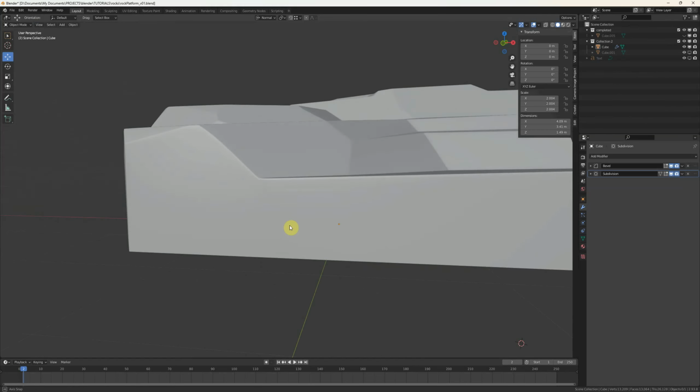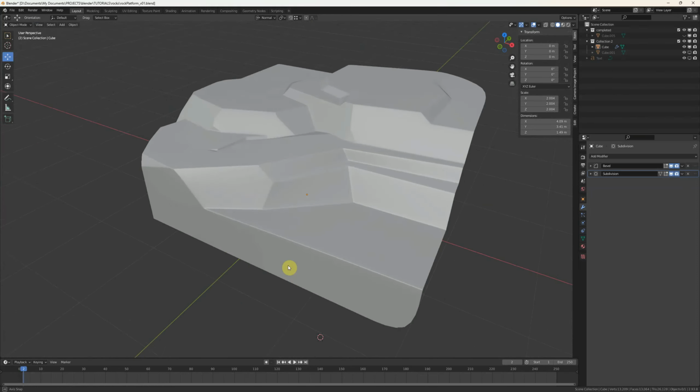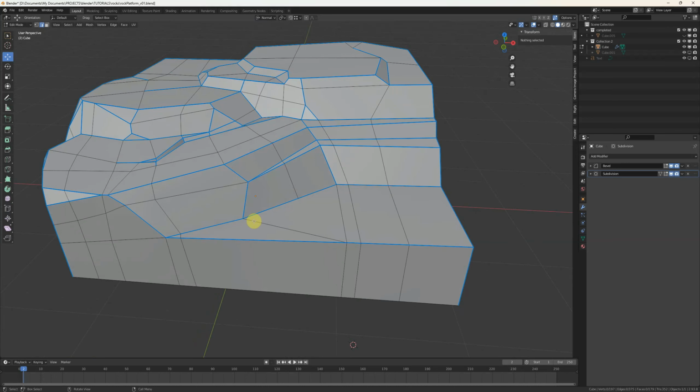So, actually, no, that kind of fixed it. Adding that extra loop stabilized it. So never mind, we're good. And yeah, not too much pulling. It's looking pretty good. Just got to add